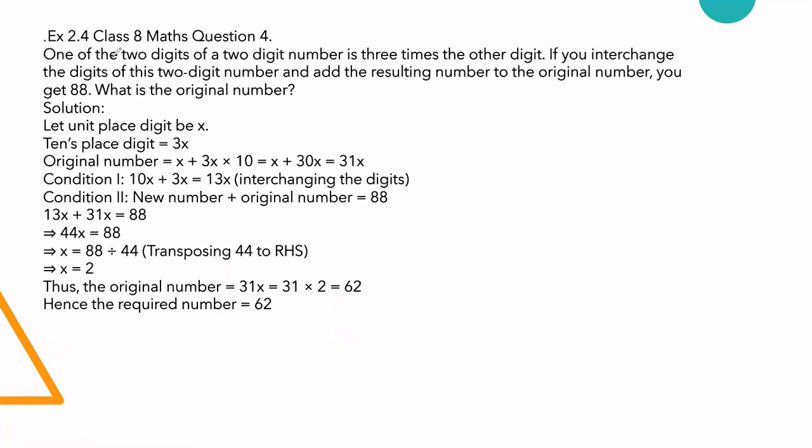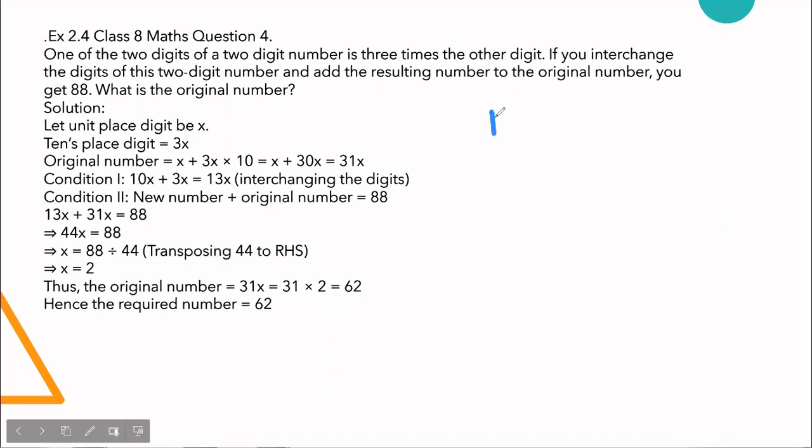What do you mean by one of the two digits of a two-digit number is 3 times the other digit? It's not so confusing to understand, guys. Let me take a digit, say 1. What is 3 times 1? It is nothing but multiplying by 3, that is 3 itself. So my two-digit number is 13. Let me consider another one. 2. What is 3 times 2? 6. So my two-digit number is 26.